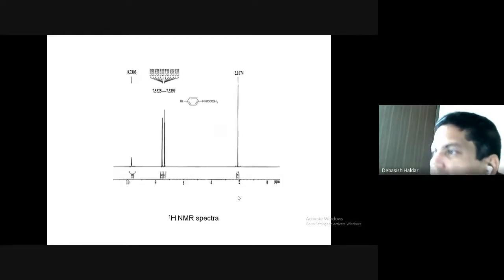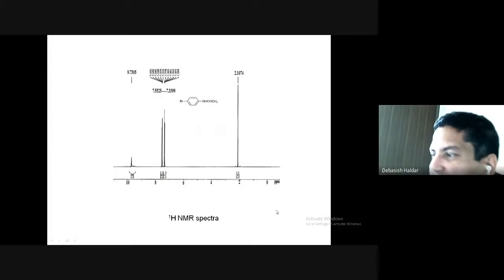So that is one thing you have to do: just characterize the main peaks responsible for this FTIR spectrum. And this is the NMR spectrum of the compound para-bromoacetanilide. There is not much more functional group. It's only the acetyl group, 3 hydrogens. There's a singlet, so you can figure out where these 3 hydrogens are. And then the aromatic protons are under the same environment, so 2 kinds of aromatic protons are there. You can figure this out. And then one NH proton, the amide proton, and that will also be a singlet.